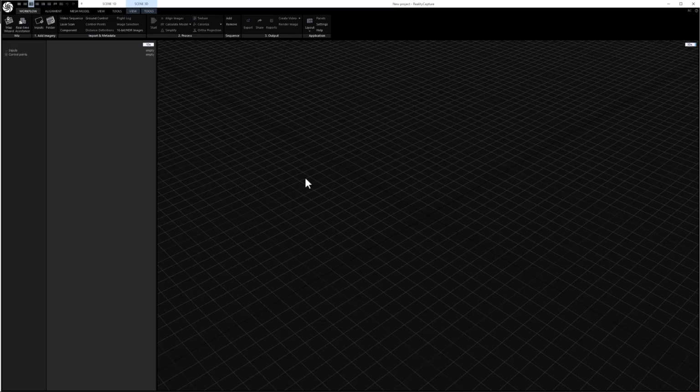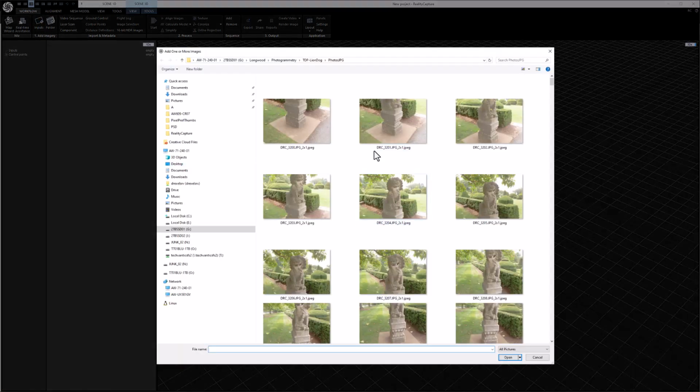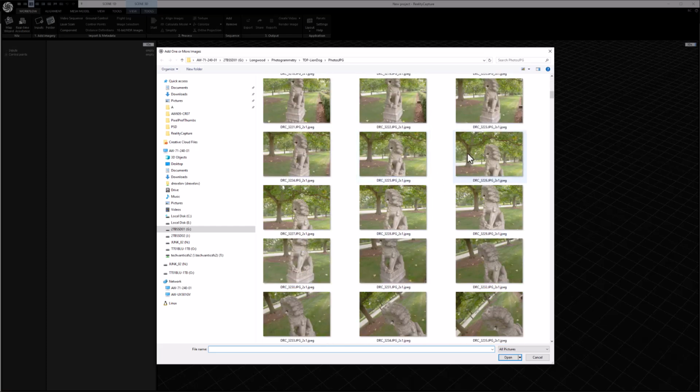So I'll go back to reality capture, and we have two options for loading. We can load in an entire folder, and we can choose inputs to select photos individually. I'm going to click on the inputs button just so it gives me an opportunity to show you the photos that I'll be importing. In my case, I shot photos of a stone or concrete statue that was outdoors on